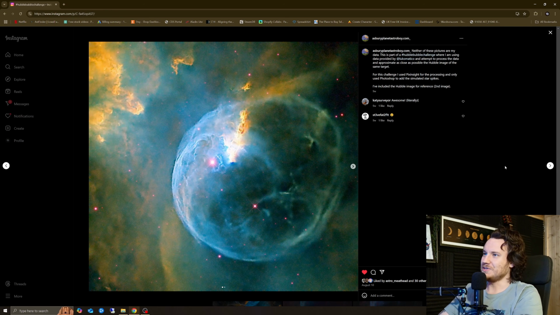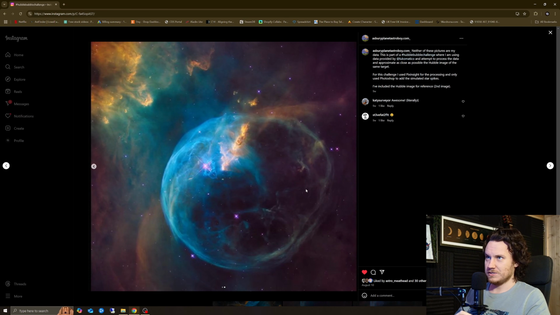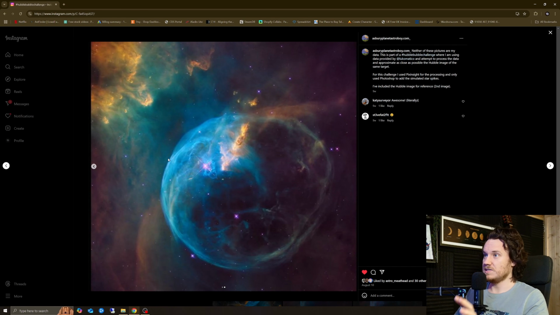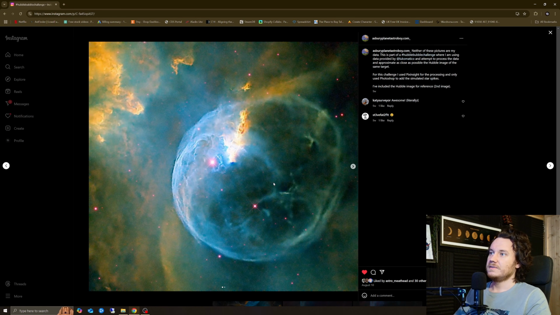So next up, we've got Asbury Planet, astroboy.com. I hope I've just got your name right there, sir. Well done. Yeah, I think it's very bright is what I would say. I don't know if that's just my monitor, but here it looks like this is the Hubble for reference as the second image. So obviously this image is a lot brighter than the Hubble one,